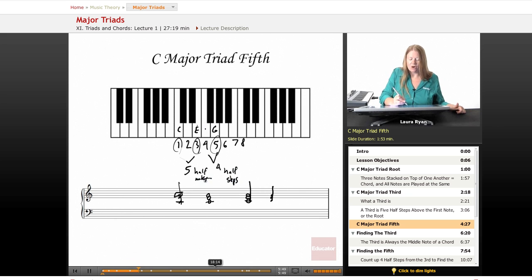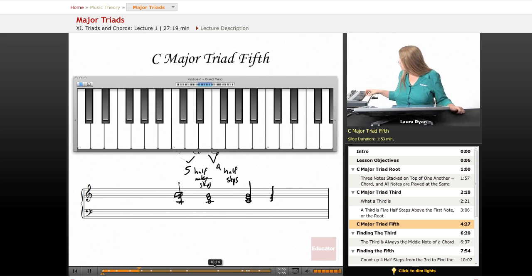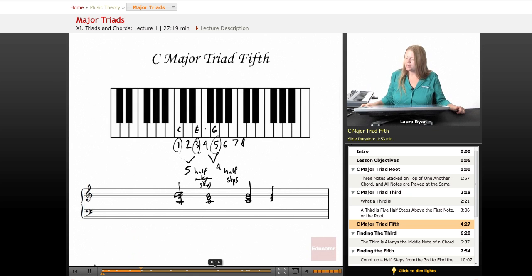Okay, so let's call up our keyboard and let's count those half steps. Okay, here's our chord, and let's begin with a major third. 1, 2, 3, 4, 5. C to E is 5 half steps. From E to G, let's count. 1, 2, 3, 4. 1 through 5. There's our major chord. Easy to find, easy to hear. So moving on,